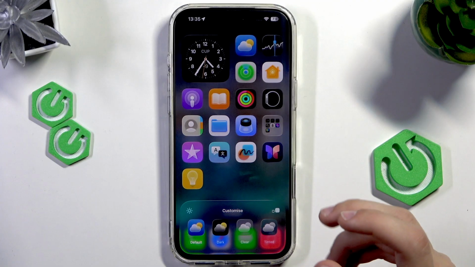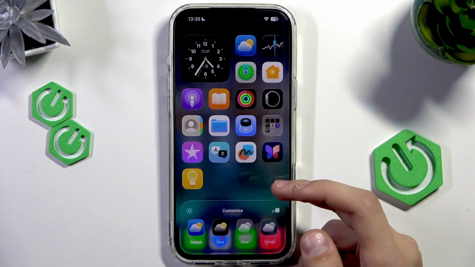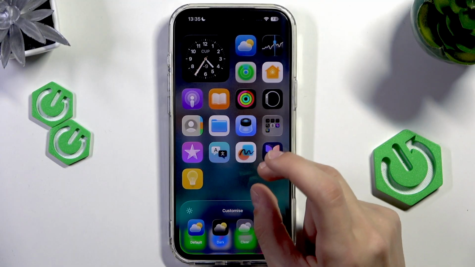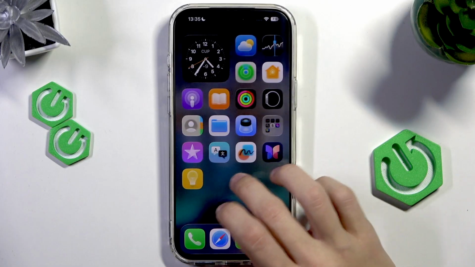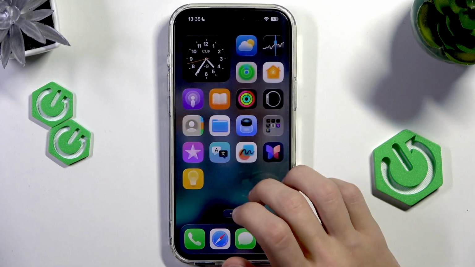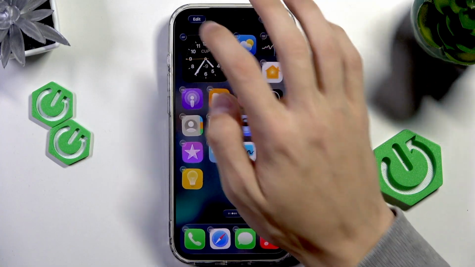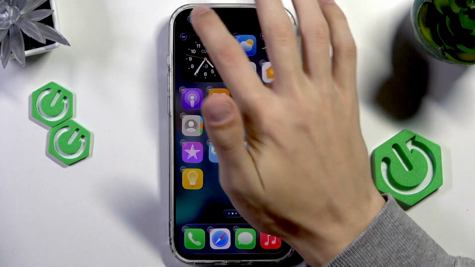As you can see, this makes the icons larger, and they lose their little text description on the bottom, the name of the app. And it looks like this, so it's pretty clean, it's pretty nice, and that's how you do it. And if you want to go back to normal mode, what you can do is go back to